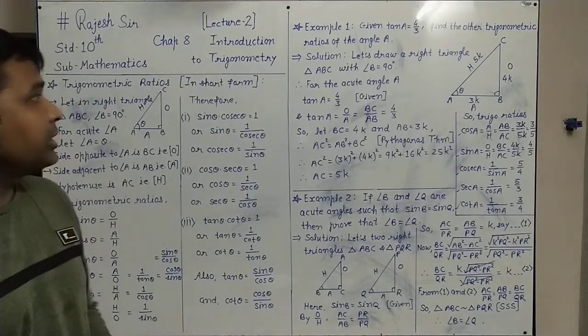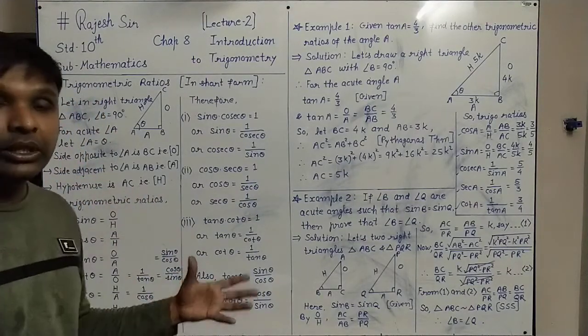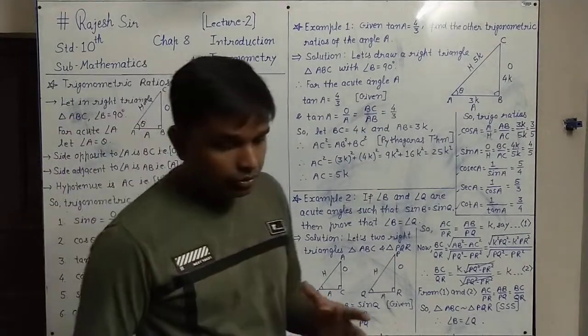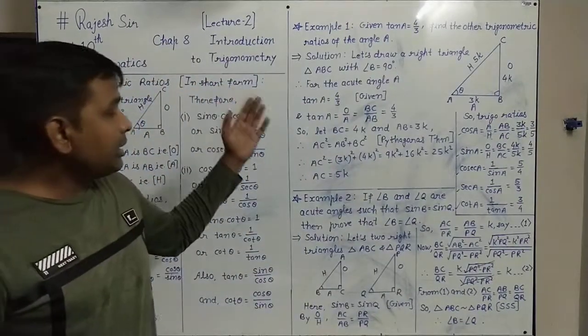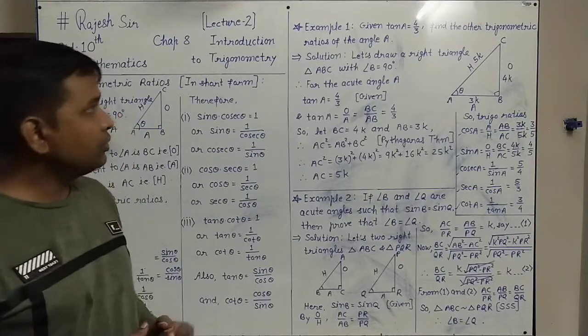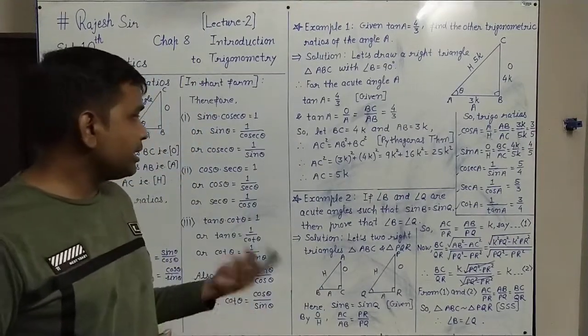It is a very simple proof. You have to write all the formulas in short form and remember them. Write them two to three times so that you can remember them for a long time. In examples 1 and 2 we used this formula; write that down in very good handwriting and understand it. Next, you will see examples.